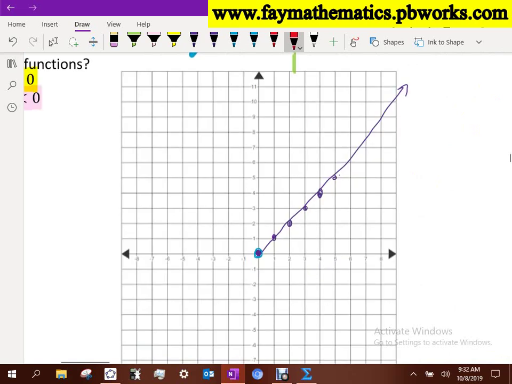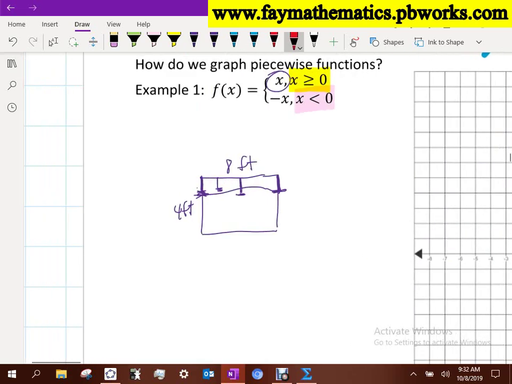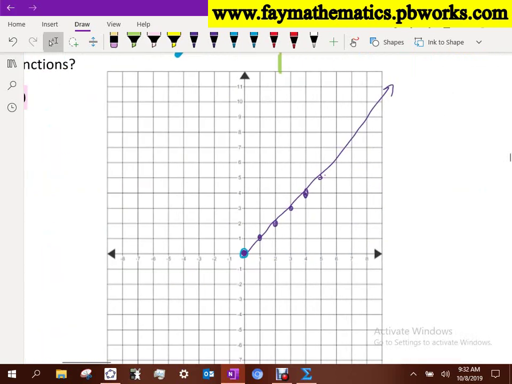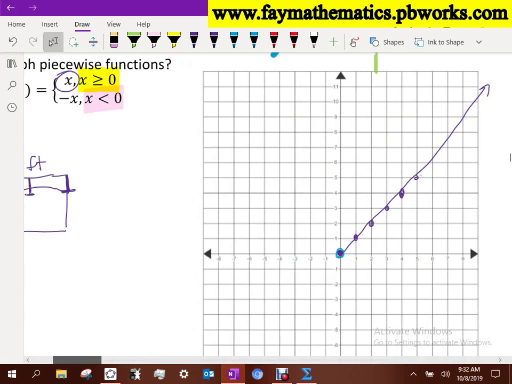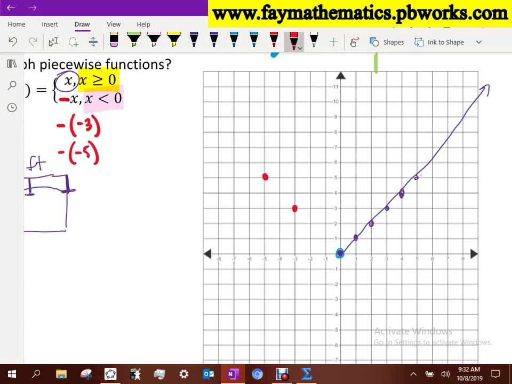So open dot, closed dot, the closed dot takes precedence. Now I'm going to choose values that are to the left of 0. If I choose -3, plug it into my function. So when I plug in -3, and this is something to pay attention to, that negative stays, right? So I plug in -3 and I'm doing something like that. What's the opposite of -3? 3. If I try -5, what's the opposite of -5? 5. So now if I connect these,